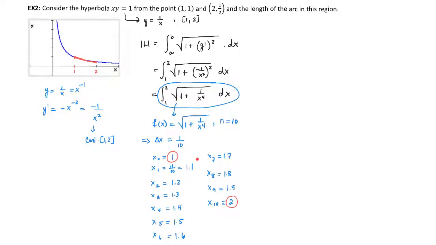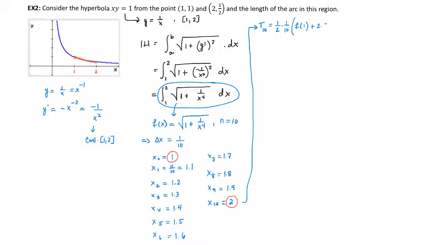You can see that right here, I calculated all of the x sub i's by using the width of every subinterval, which is an equal width of 1/10, starting with a, which is 1. So 1 plus 1 over 10, and then plus another 1 over 10, and so forth. And I end with b, which is x sub 10 equal to 2. So now, setting up the trapezoidal sum. T sub n is going to be equal to 1/2 times 1 over 10, and then brackets. Then we're going to start with f of 1